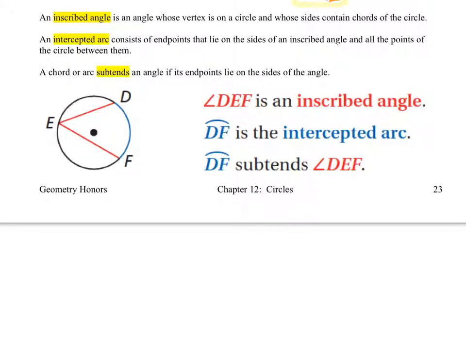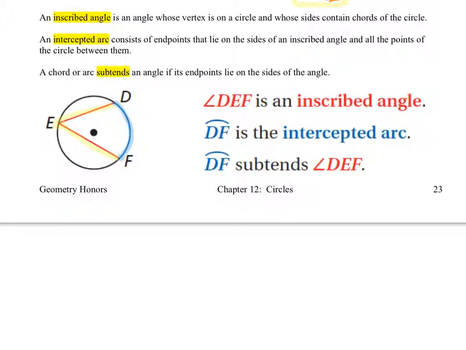We've got a few new terms. An inscribed angle is an angle whose vertex is on the circle and whose sides contain chords of the circle. An intercepted arc consists of endpoints that lie on the sides of an inscribed angle and all the points of the circle between them. So this is our